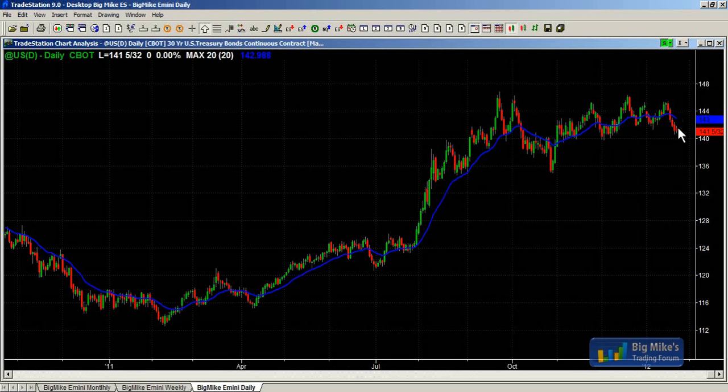So to me, we're near the bottom of the range, so I'd rather be looking for buying opportunities on the daily chart. If we break below 140 and have follow-through selling, then I'll start to think that the double top is beginning to control the market, and I'll look for shorting opportunities. But right now, I'm assuming that this tight trading range will continue, and that traders will continue to buy around 140 and continue to sell around 145.